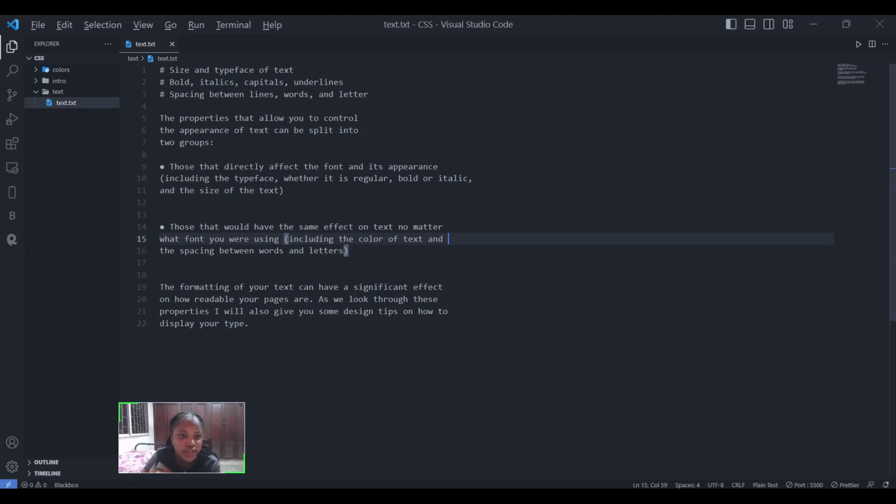What are we teaching today? It will be size and typeface of text, bold, italics, the properties, and spacing in between lines, words, and letters. So why should you control your text? Being able to control your text allows you to control the